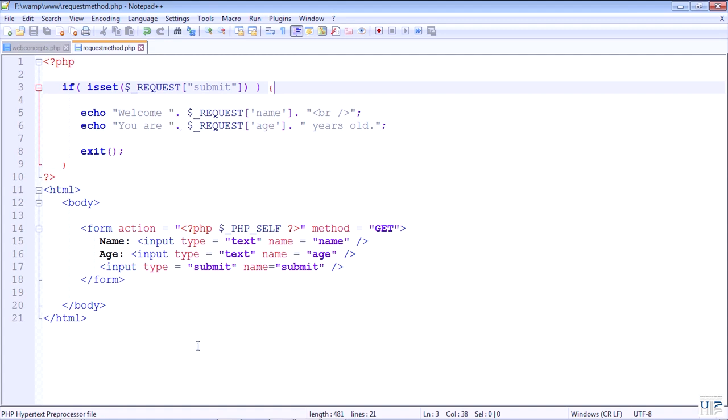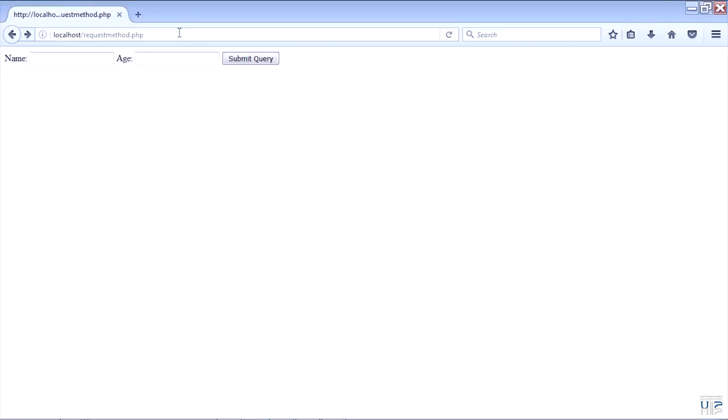Okay, so more or less the same thing that happened in the post or get method. The same data can be fetched using the request variable also, that we shall see now. So the first time I am running this example with the method equal to get. So request method.php is opened in the browser, localhost request method.php. The same form is created. I will now enter some data